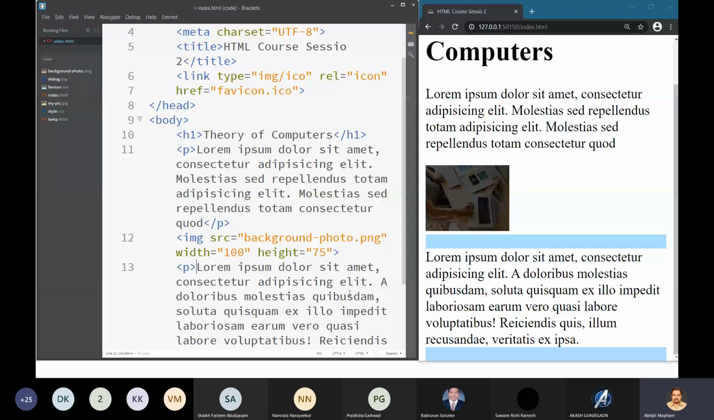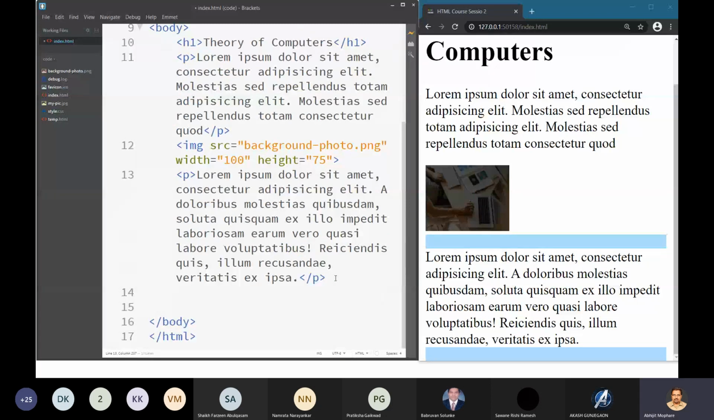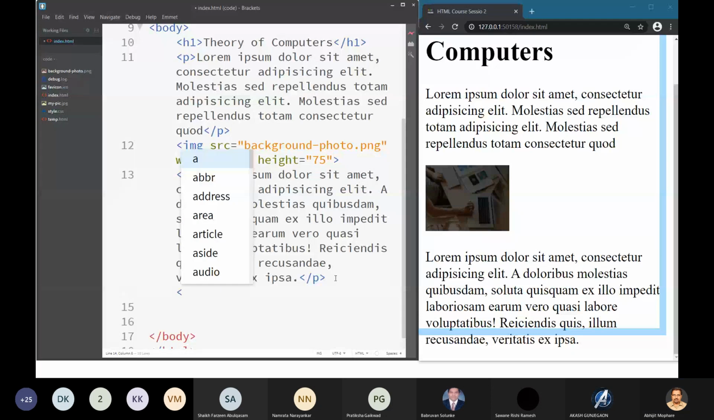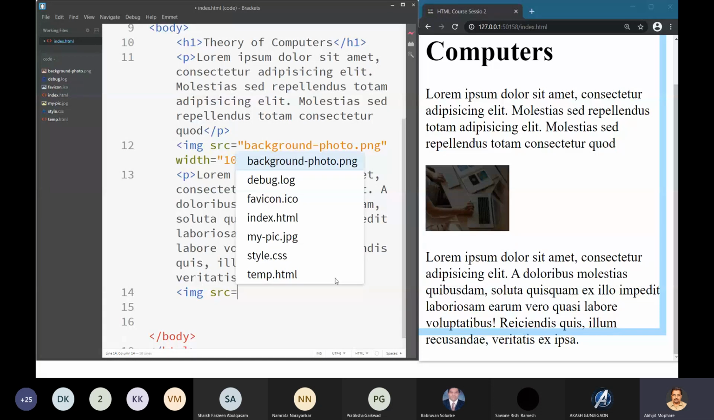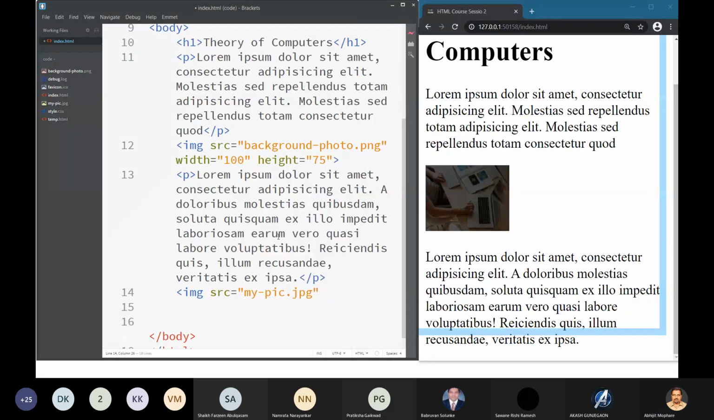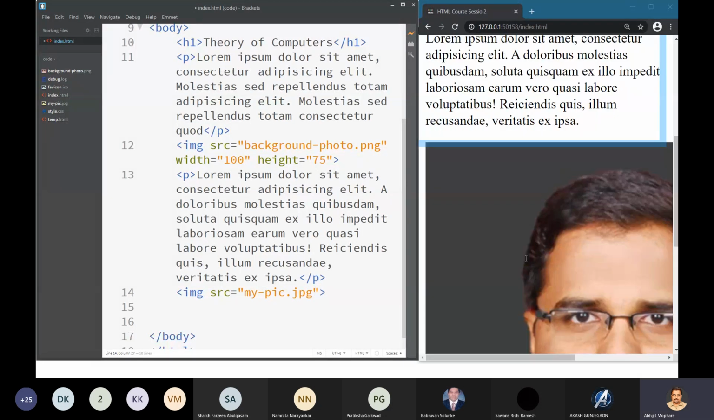And after this paragraph, suppose I use the image tag, src, quotes, and this time I will pick another picture file that I have available. Okay, so here it will appear. This is quite big. So again, here we will set the height and width to, let's say,